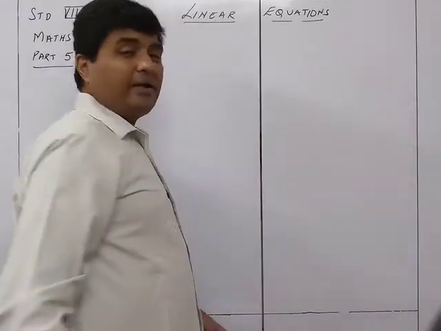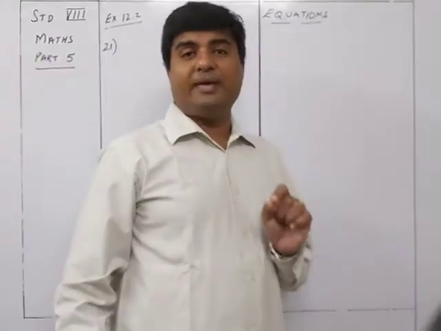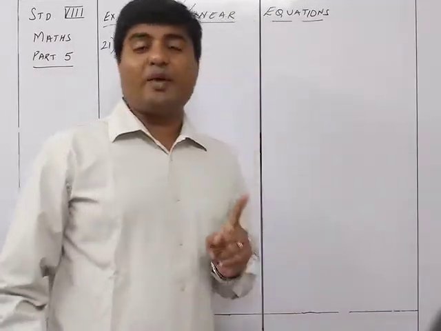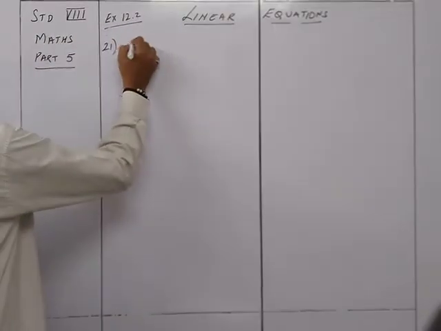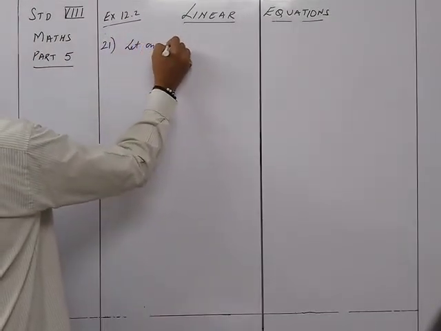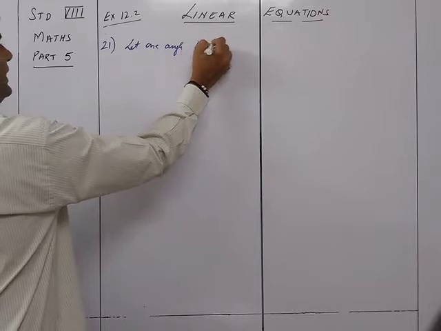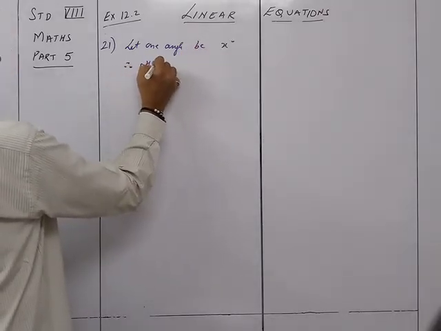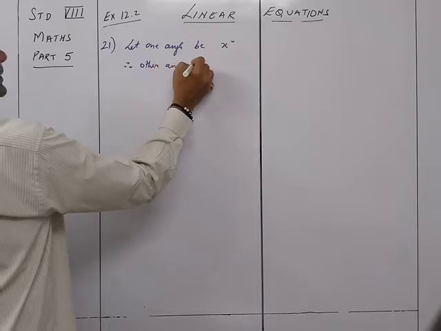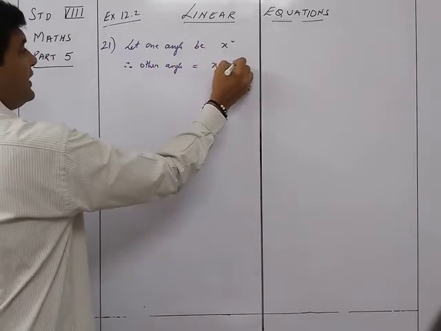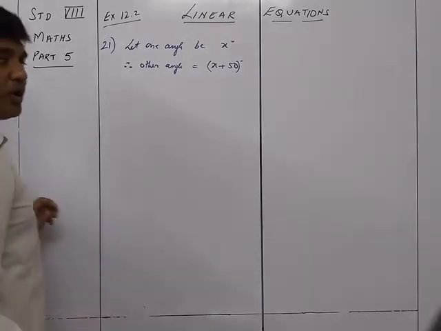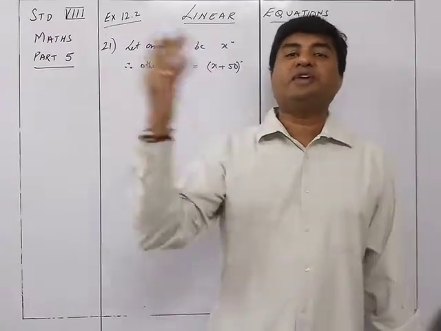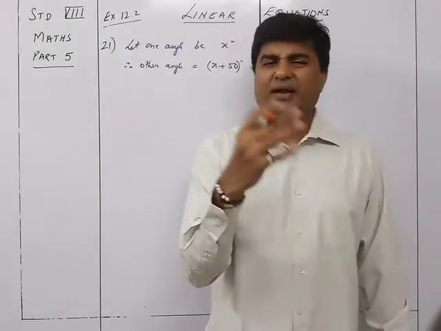So that means that when 2 angles are supplementary, the sum is equal to 180 degrees. So here they are given that the 2 angles differ by 50 degrees. So what I'll do is let one angle be x degrees. Therefore, the other angle is equal to x plus 50 degrees. Why is it x plus 50 degrees? Because it differs by 50. So if one is x, then the other could be 50 more or 50 less, but we'll take it as more.